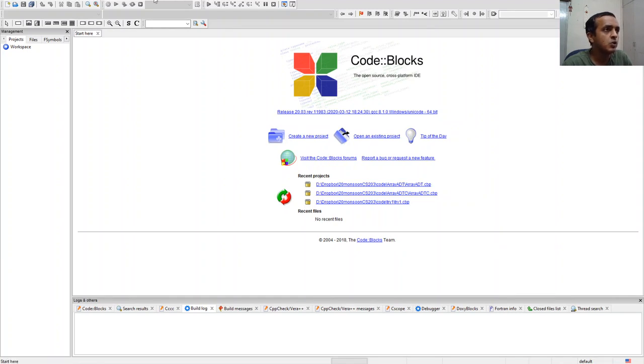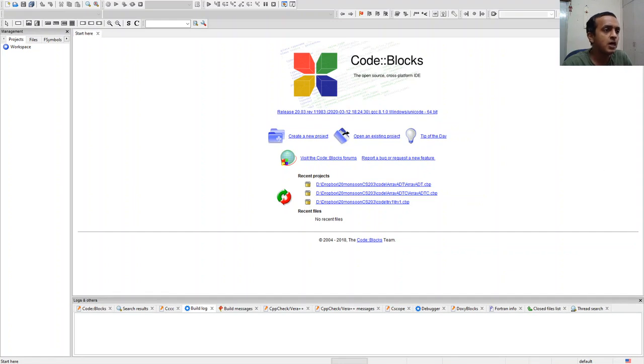You can go to the settings and check which compiler you have. For example, in my case, the compiler is the GNU GCC compiler. Similarly, you can go under the settings and check which debugger you have. In my case, the default debugger is GDB. So those are the two tools that we will require: the GNU C or C++ compiler and GDB as the debugger.